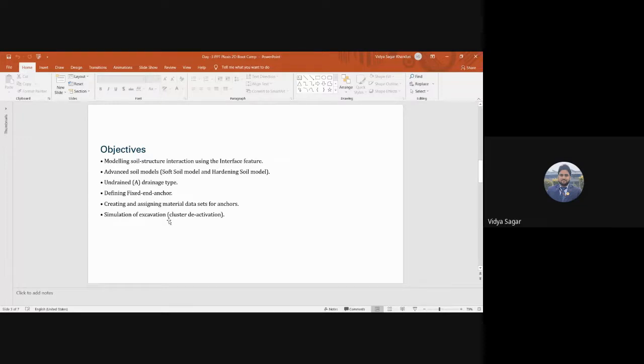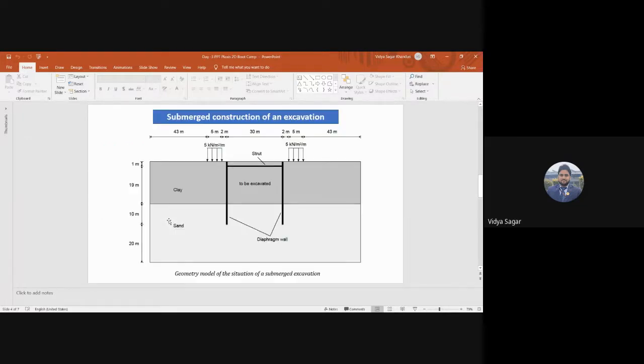Right. So next, this is the geometry model for the situation which we'll do today. Here you can see the soil model, where the upper layer is 20 meters depth of clay, and below this we have the sand, which is again 20 meters, 30 meters. Then we have two diaphragm walls.